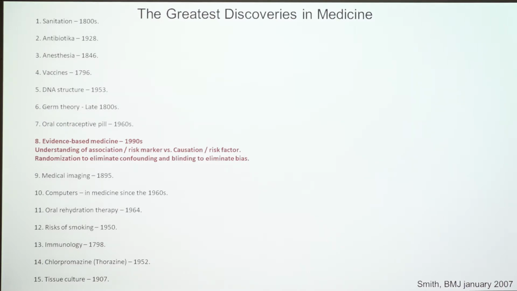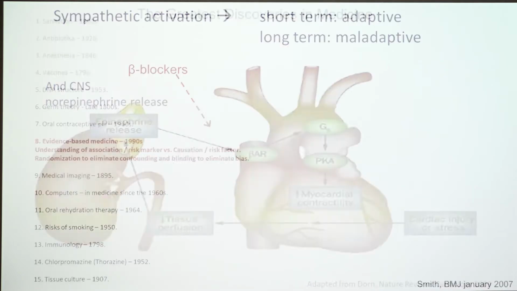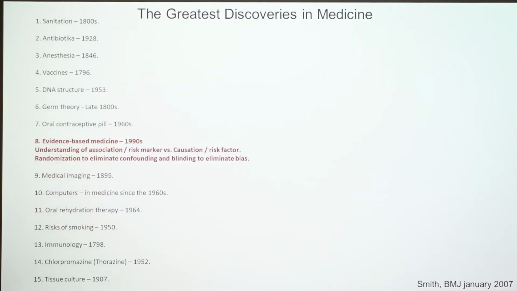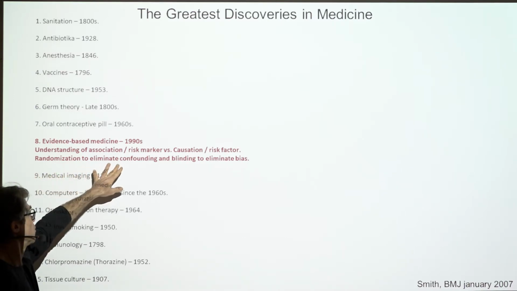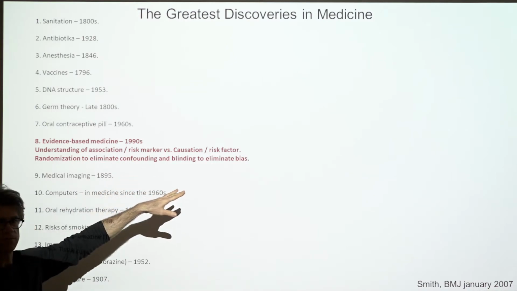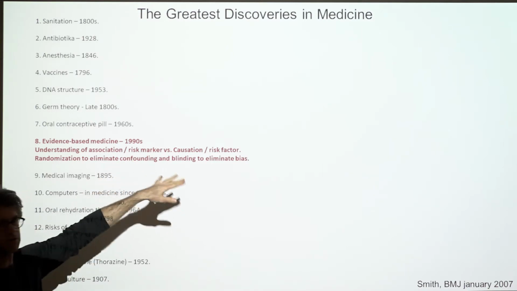If we develop a drug in the lab and test it in animals and test it in early phase human trials, we have done only about 10% of the development. The big part comes in clinical trials. The big part in terms of organization and cost. And the way to understand evidence-based medicine is to understand the difference between association and causation. The difference between a risk marker and a risk factor.